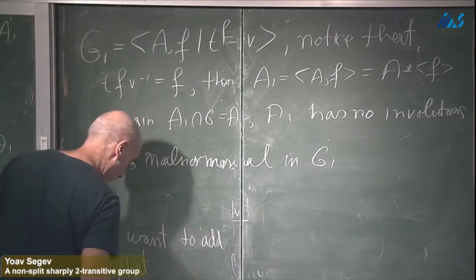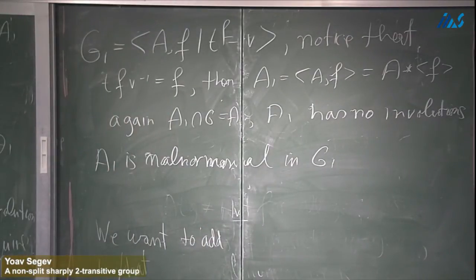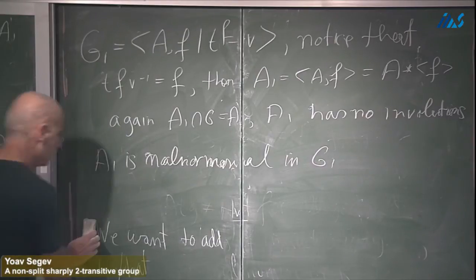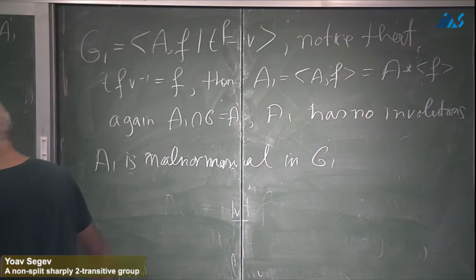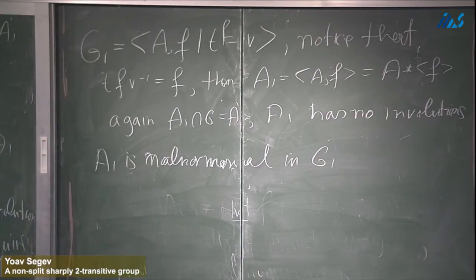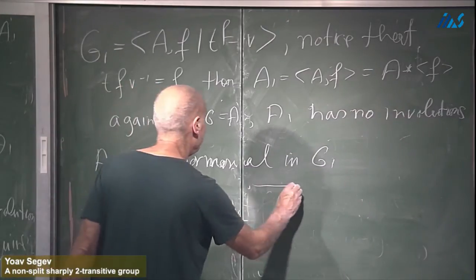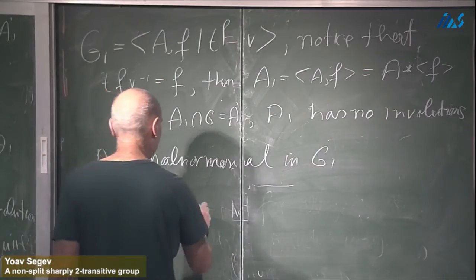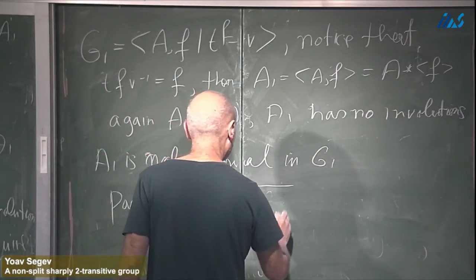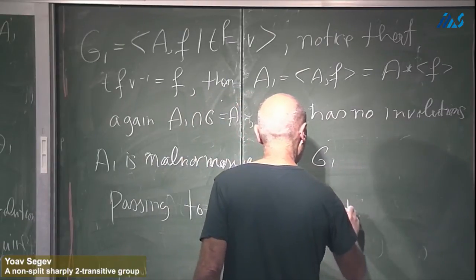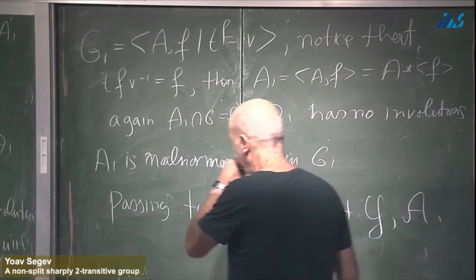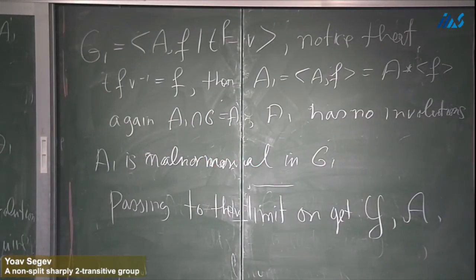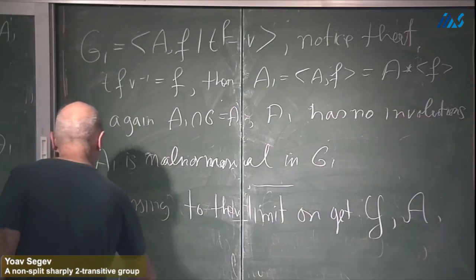You move from one situation with A to the next situation with A1, and you solved one element. You managed to move one more element. You managed to move AT to one more coset of A, to the coset AV with this element F, and passing, and I write it imprecisely, passing to the limit. One gets the groups G and the subgroup A that I mentioned in the main result, and the last thing to show is that G does not split,